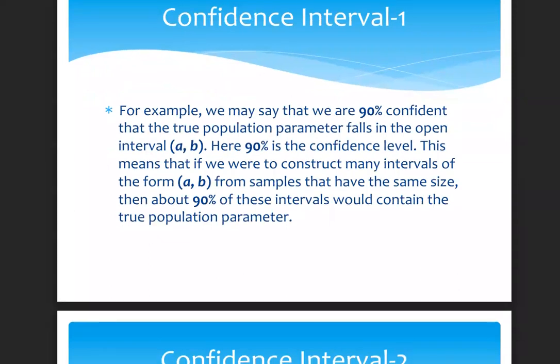Okay, so for example, you may say that we are 90% confident that the true population parameter, that means it could be population mean or population proportion, falls in the open interval this. Here, 90% confidence level. What does that mean? It means that if you were to create many